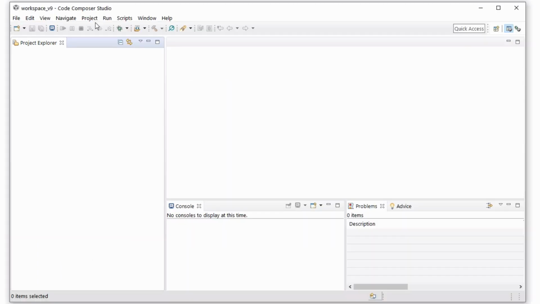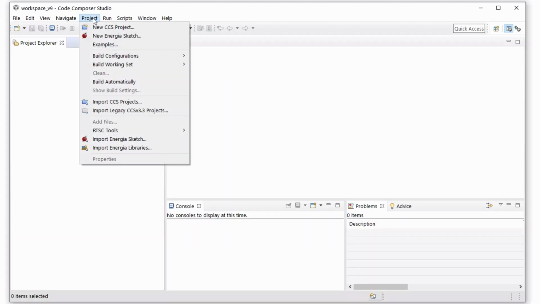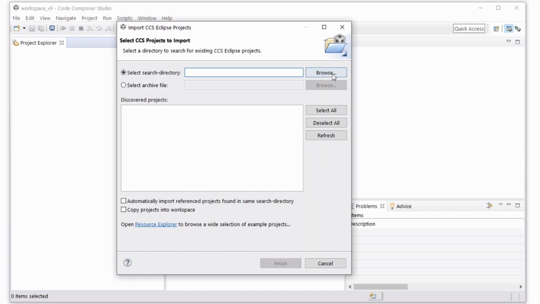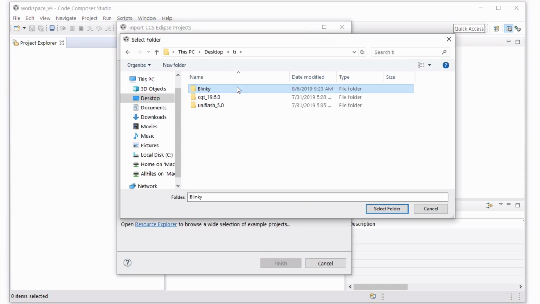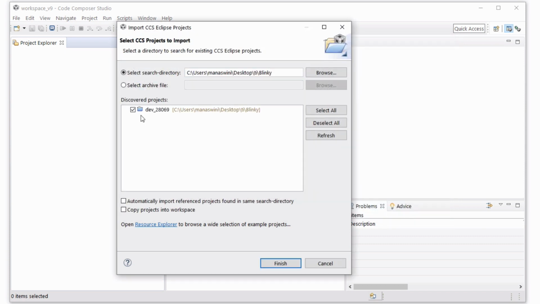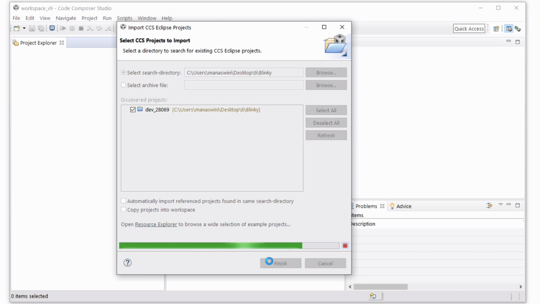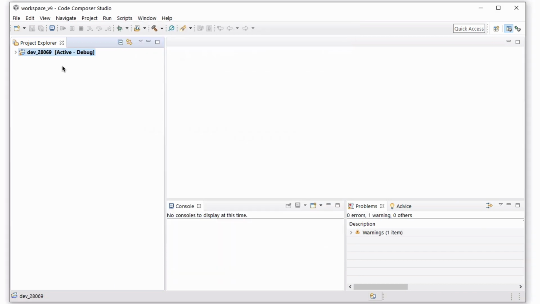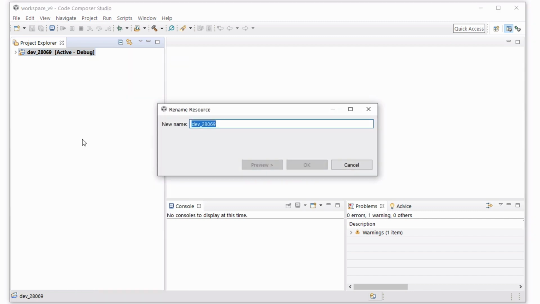Next, from the Project tab of your CCS window, click on Import CCS Projects and browse for your project. Select the discovered project and click on the Finish button. You will notice a new project created in your workspace. Next, find your project in the Project Explorer in CCS. Rename the project if you'd like